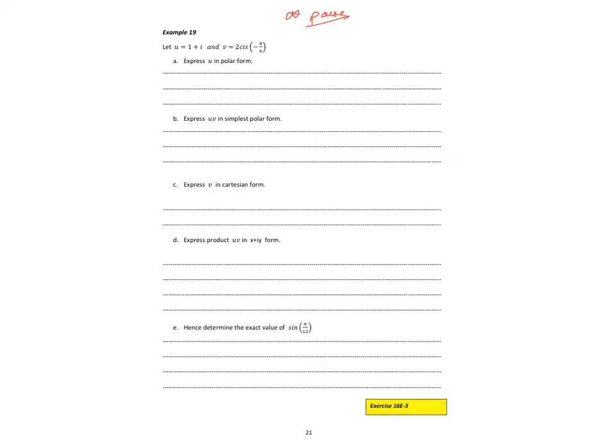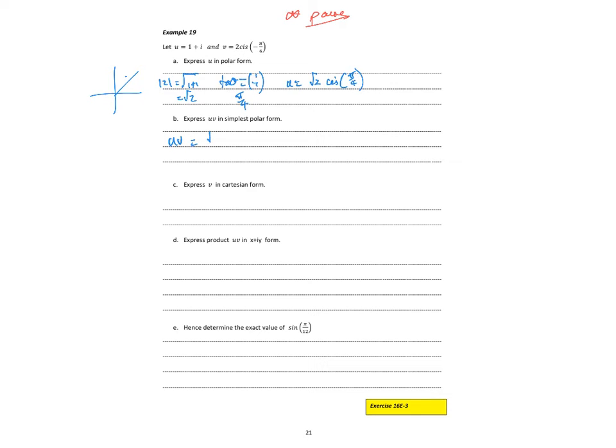Polar form U. So we got mod Z is equal to square root of 1 plus 1, which is root 2. The angle tan theta equals 1 on 1, which is pi on 4. We're in the first quadrant, so U will be equal to root 2 cis pi on 4. UV in simplest form